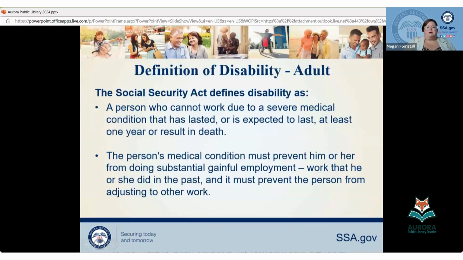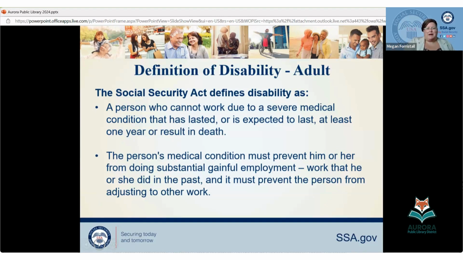We're going to start by talking about our disability programs, and Social Security has a very specific definition of a disability. For adults, we are looking at whether a person has a condition or combination of conditions that's preventing substantial work and is expected to prevent substantial work for at least a year, or is a terminal illness expected to result in death. Disability isn't always something that people are thinking about when you think Social Security, but a chunk of our beneficiaries are receiving from those disability programs. So for adults, we have this definition of disability.